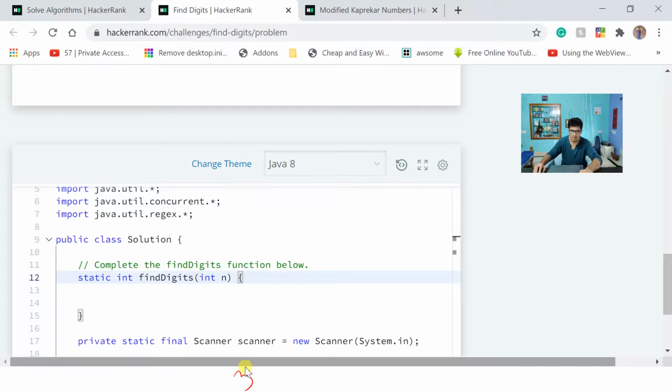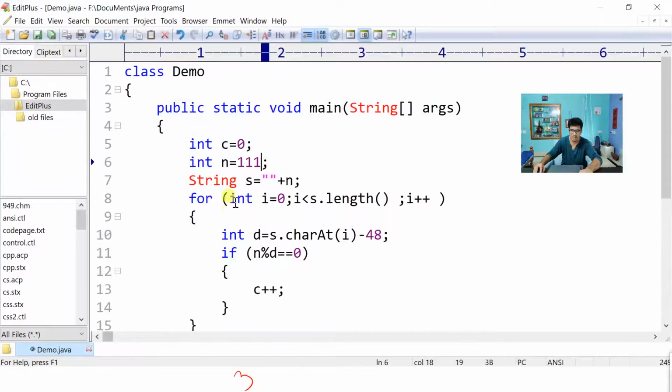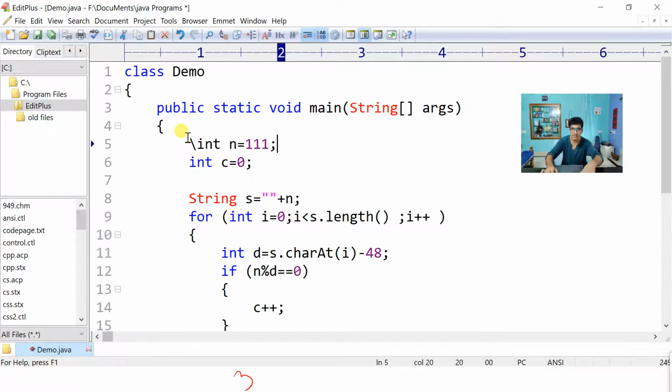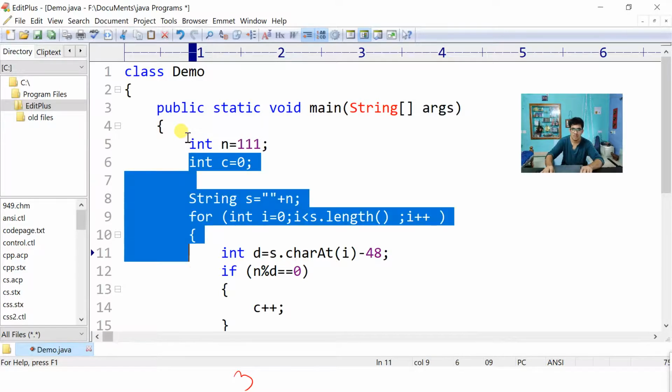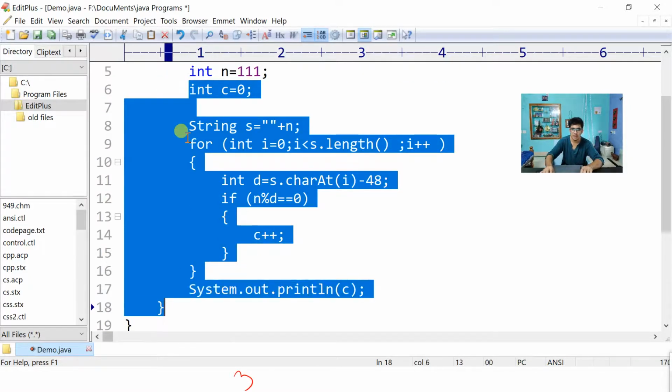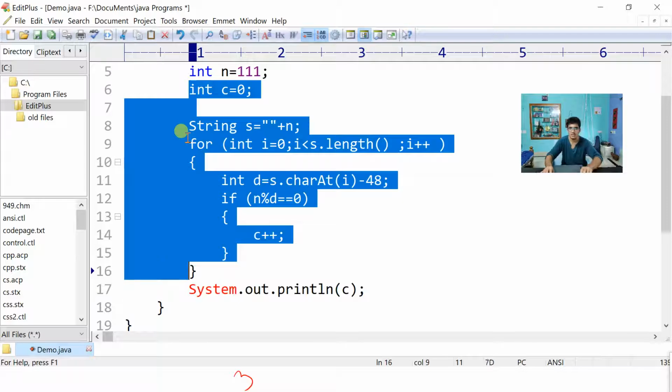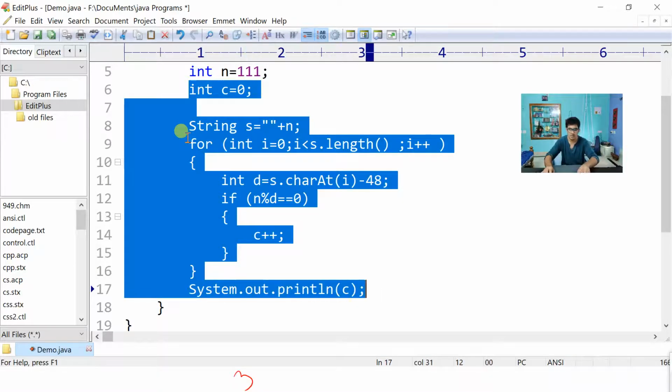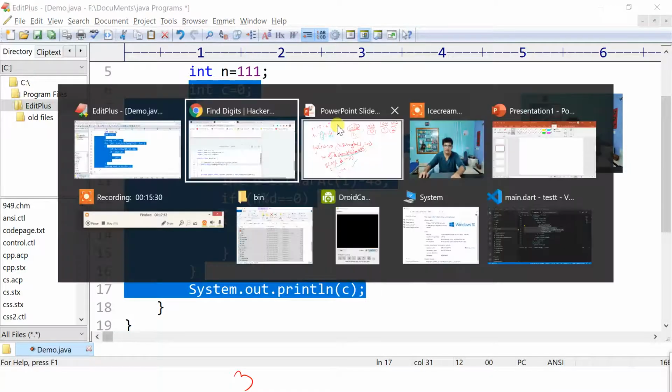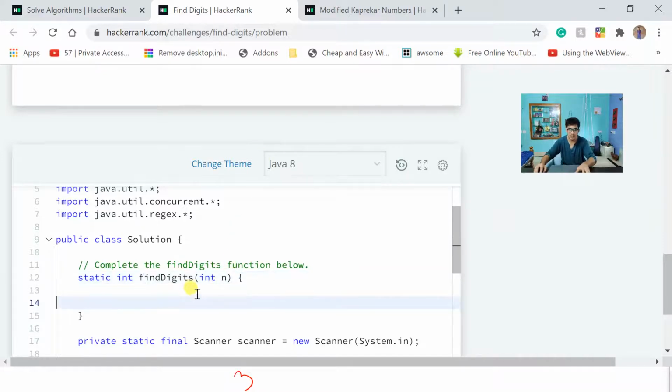So let me just copy and paste from the editor, right? I have the n value, I have to tell the c value, so I'll cut it and paste it here so that I can copy the c values at a time, and yeah, till here. Okay, let's see print also. I'll copy this and paste here.